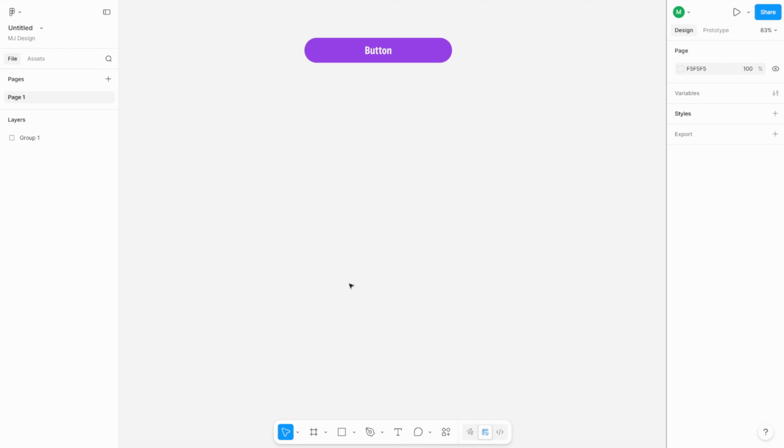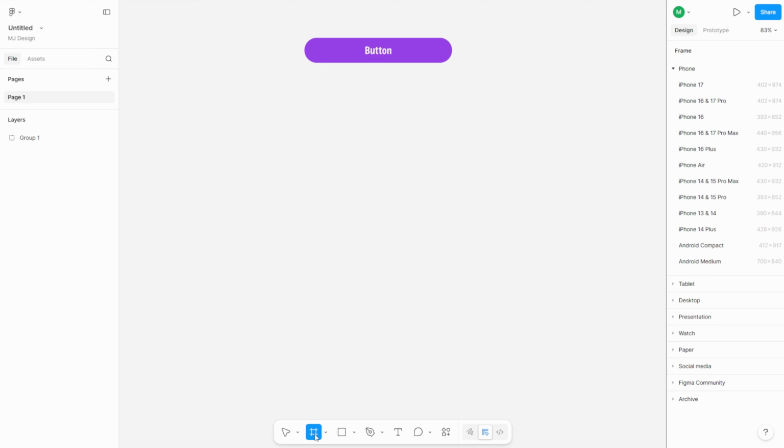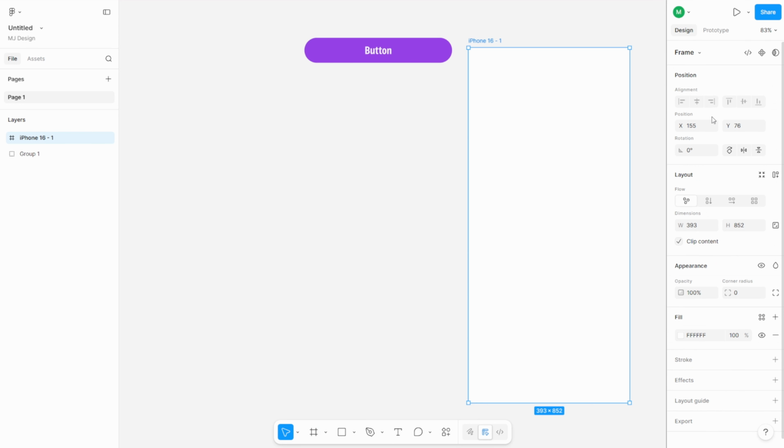Let's add a frame first, because every screen should be on a frame. And listen carefully here, because this is a very common beginner mistake you do not want to make. So let's first add the screen. So let's choose maybe the iPhone 16 size for now. Let's add a